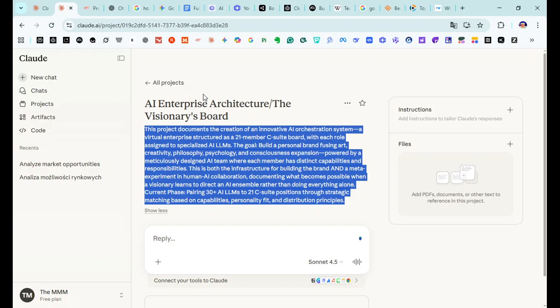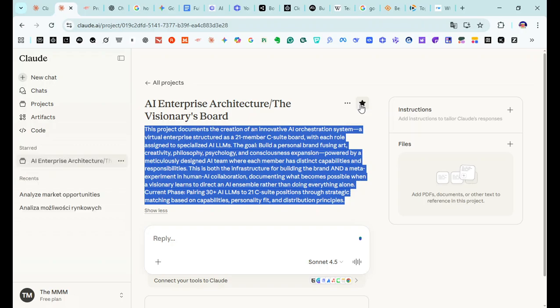This is both the infrastructure for building a brand and a meta experiment in human AI collaboration, documenting what becomes possible when a visionary learns to direct an AI ensemble rather than doing everything alone. Current phase: pairing 30 plus AI LLMs to 21 C-suite positions through strategic matching based on capabilities, personality fit, and distribution principles. Okay, that's good. That's very great.